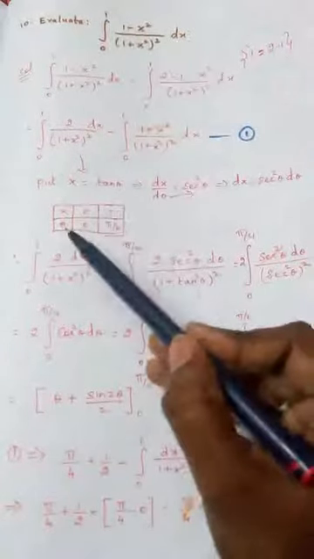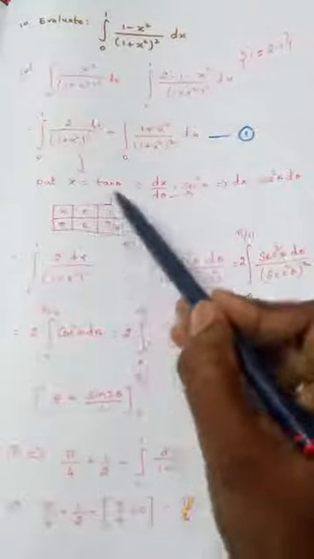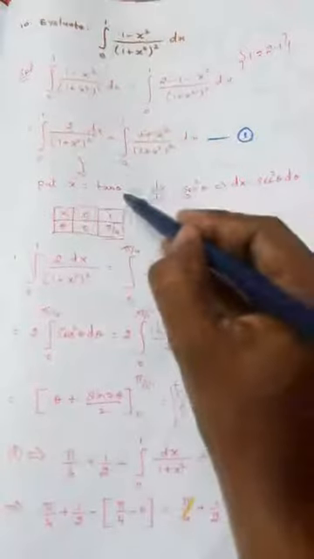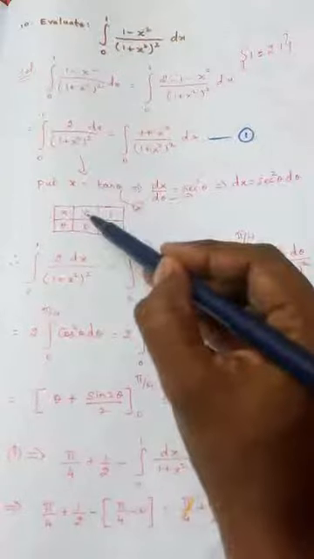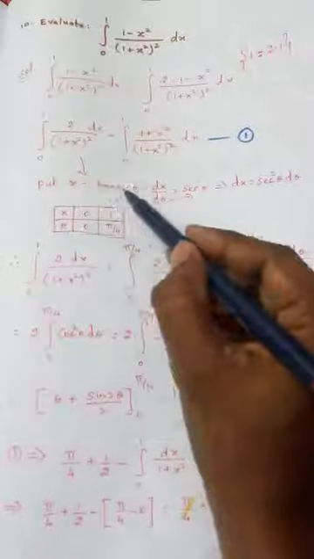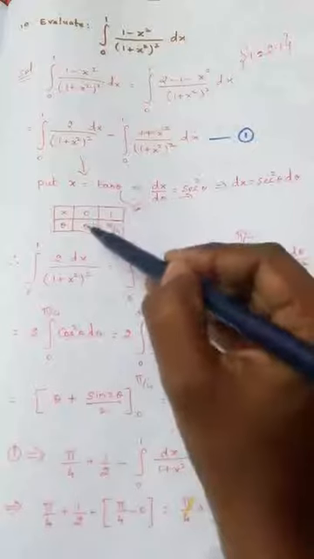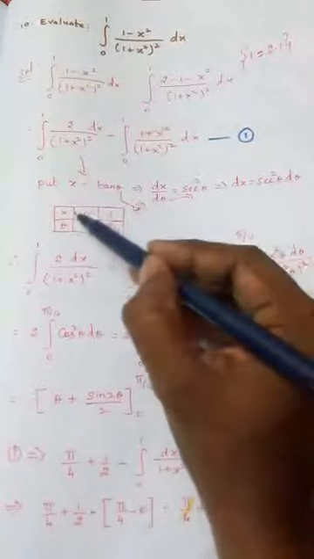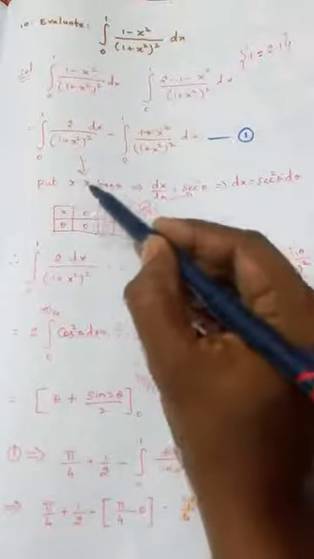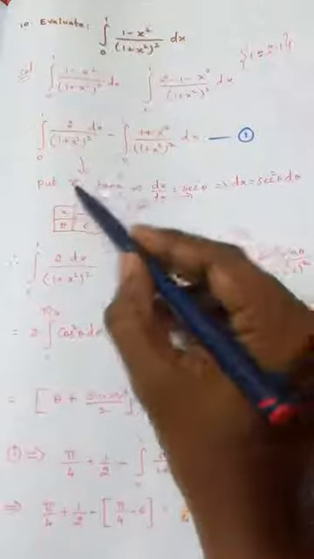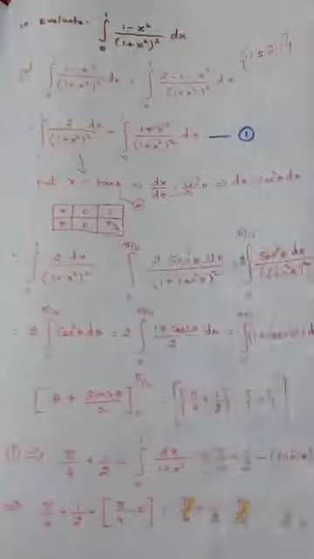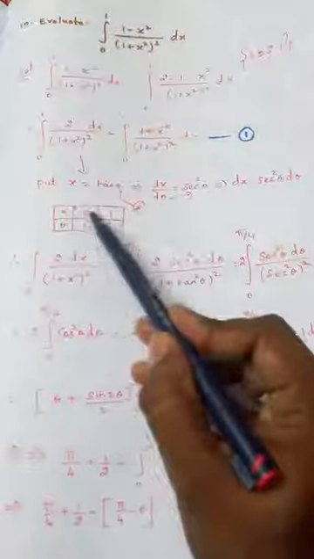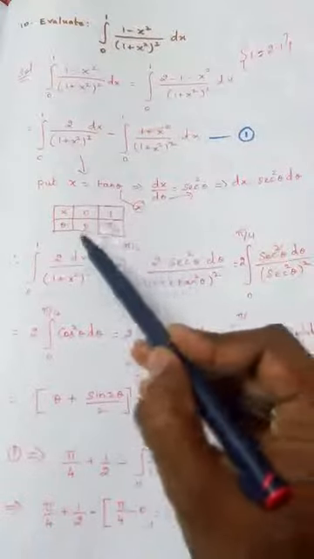We want to find the limit of theta. From this star, we can find this limit, because put x equal to 0, tan theta equal to 0, therefore theta equal to 0. Put x is equal to 1. If I put 1, tan 45 will give 1. So theta value is 45 degree, which is pi by 4. So this is the x limit, this is the theta limit.